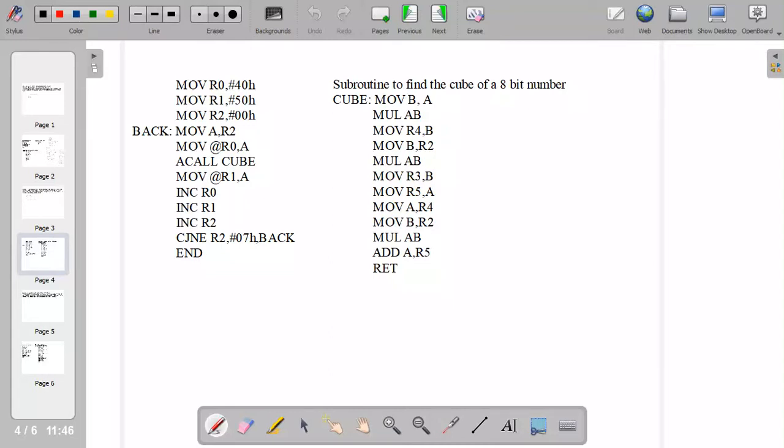and then we copy the content of R4 to the accumulator, that is the higher byte of the first multiplication operation, and then we copy the content of the number to register B, and we perform the multiplication of the number with the higher byte of the first multiplication operation, and then we add the content of the accumulator, that is having the lower byte of the third multiplication operation, with R5, which has the lower byte of the second multiplication operation. So in this way the cube of the number is found, and the result will be stored in A and B. So A will have the lower byte and B will have the higher byte,